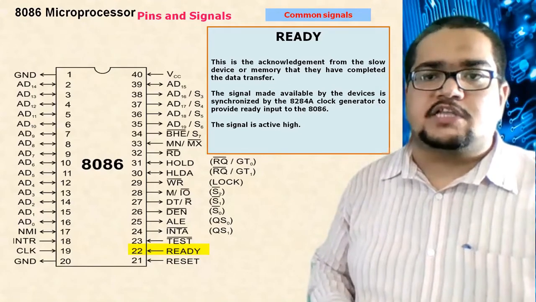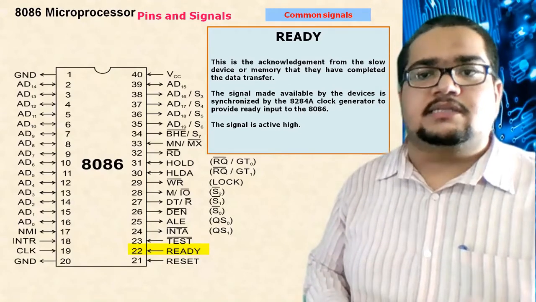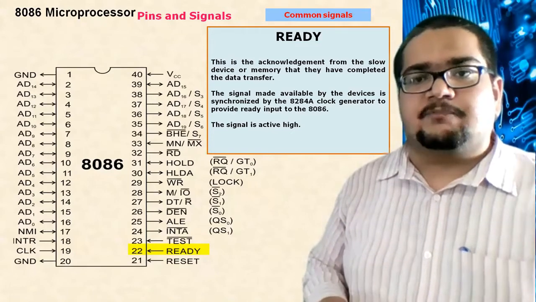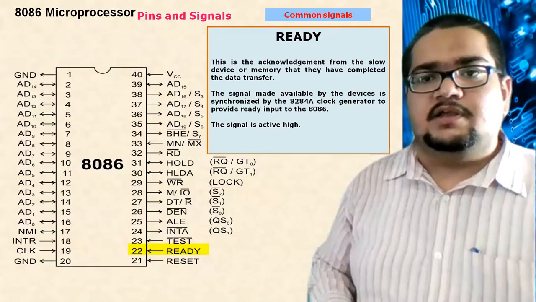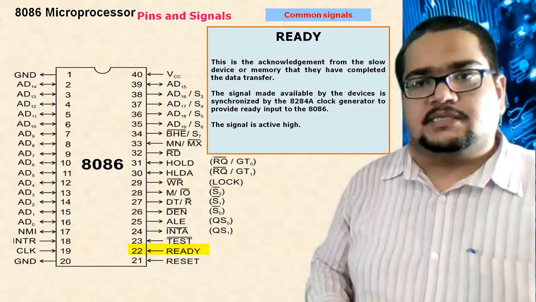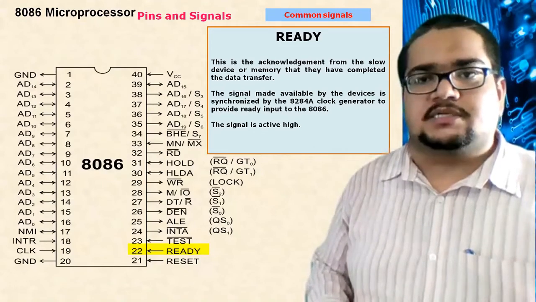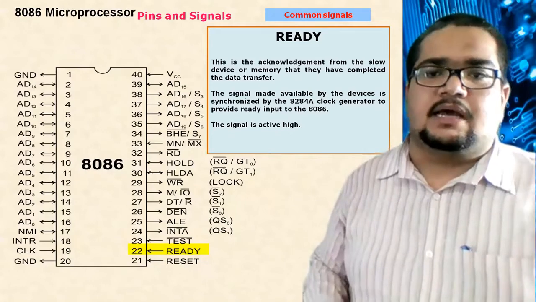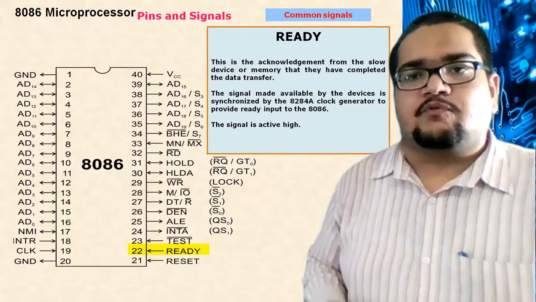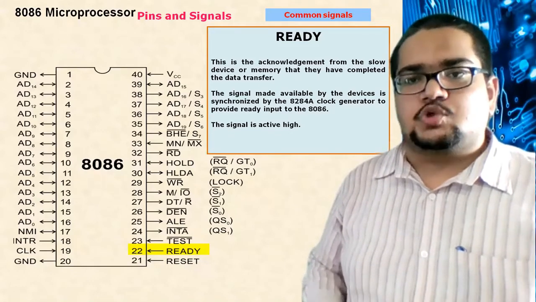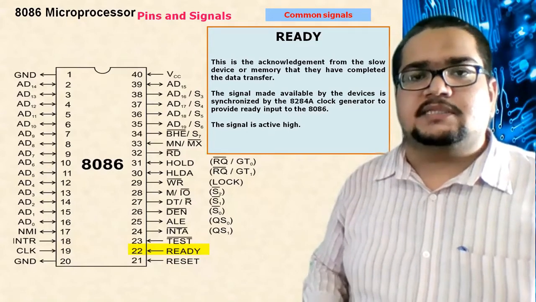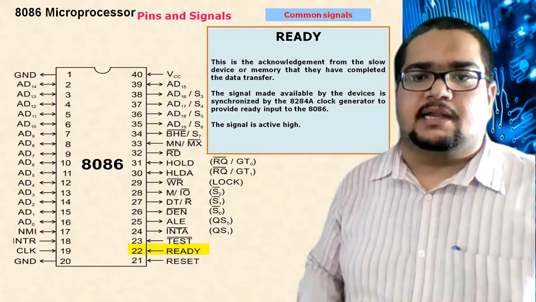Before getting this acknowledgement, the processor should not send the next data, because as the memory has not completed the first task itself, it cannot continue the second task. If it does, it will override the first task. The first task will not be properly completed. So this is ready, again a type of triggering to the processor that slower devices have also completed their work, such that proper synchronization is maintained.